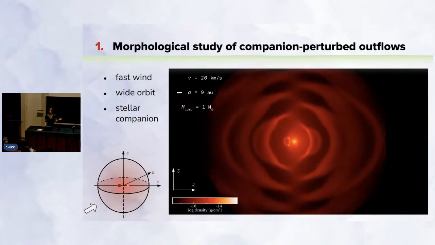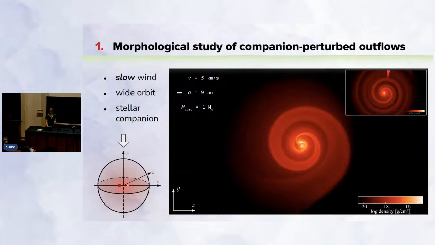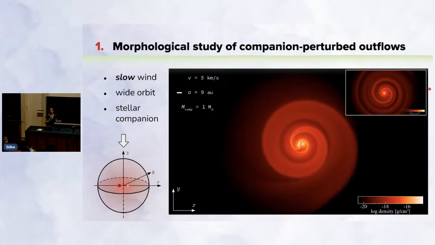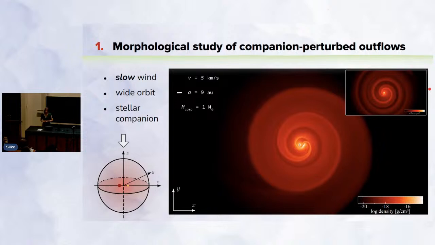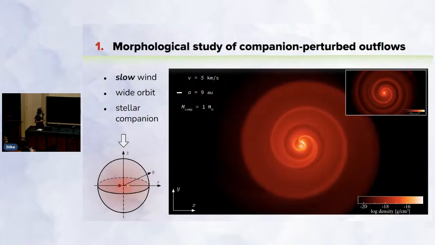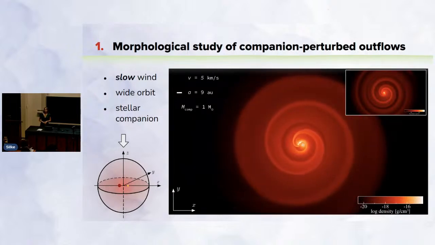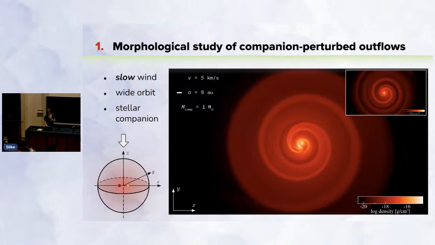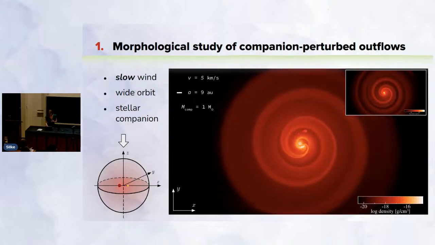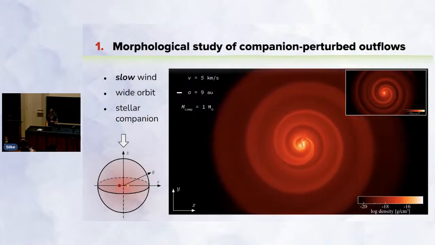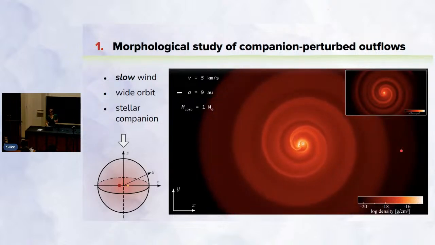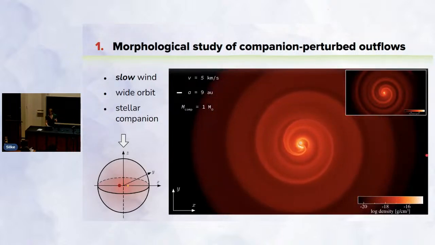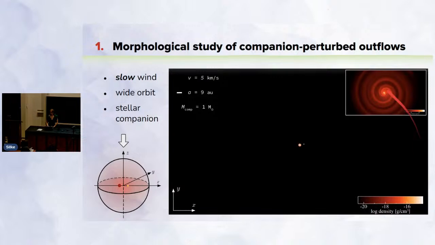So we'll now go to a slow wind. Here in the corner, you see the previous simulation so that you can compare. In this case, I think you already see that the global morphology looks a bit different. We still see a nice spiral, but it looks a bit different. In the center, I don't know if it's quite visible on the screen, you see that there is actually a double spiral being created. And then globally, we see that it just looks different than what we saw